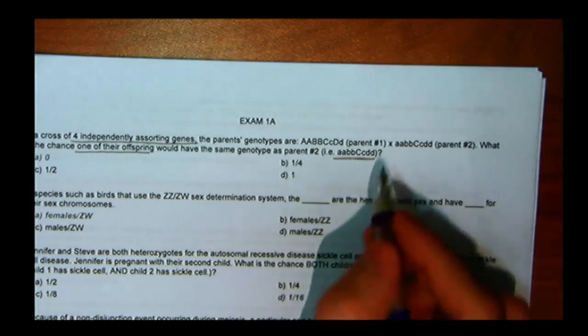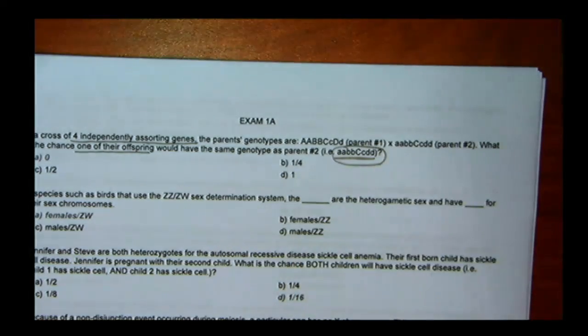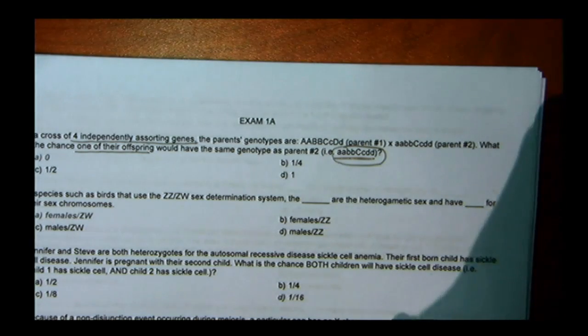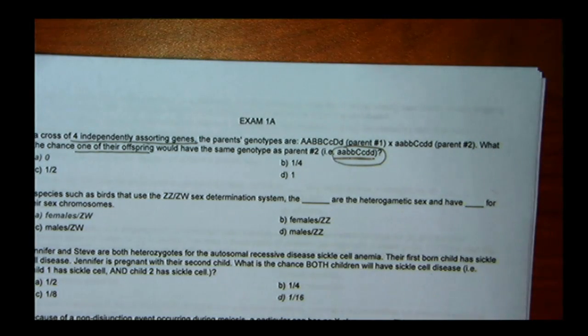Okay, so here your genotype would be little a, little a. Parent number 1 only has big A's. It can't give a little a. So right there, you know that that's impossible. So you can go with 0 right off the bat, or you can keep going, and there's even more things